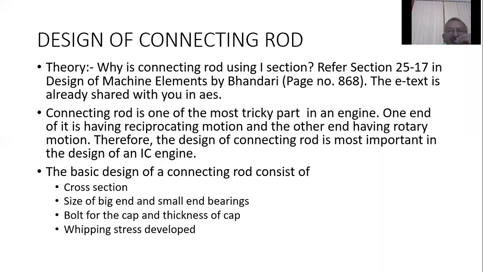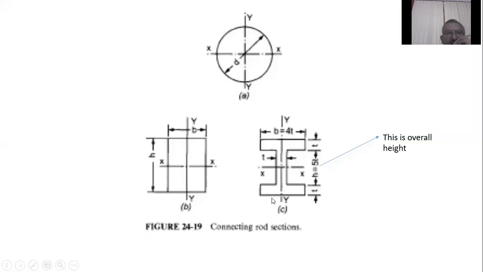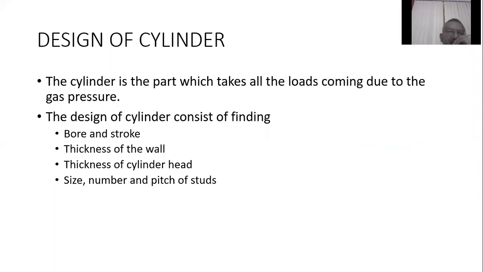Let's start with the design part of it. And we have gone through the piston, we have gone through the connecting rod. Now, the last part is for the second part. Next part is the design of the cylinder. Basically, a cylinder, we take it as, if you are remembering, a word called the pressure vessel.